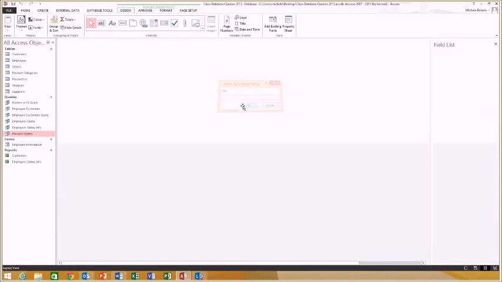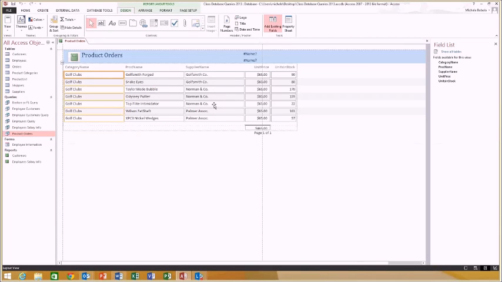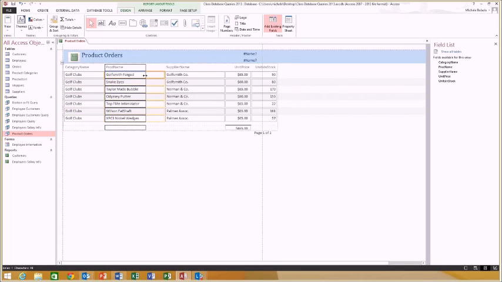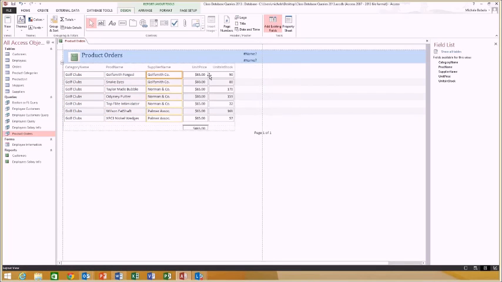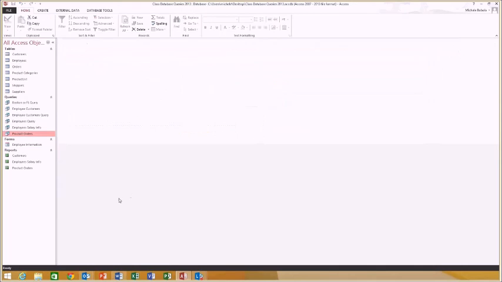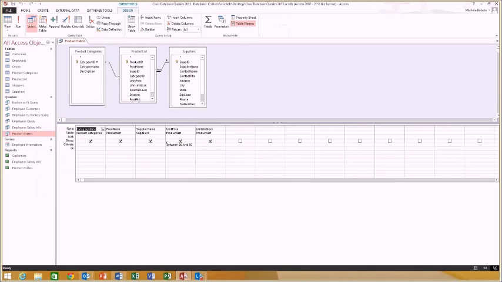And I'm going to click on that. Notice that I'm in the layout view. So again, if I need to, I can quickly click on this to size the columns so that I know that everything's going to print on one page, and I can stretch that out if I need to. And that's that total. So I'm going to close it. And yes, I'm going to save it as product orders. And then I'm going to go back into design view for this, and I'm going to take out my